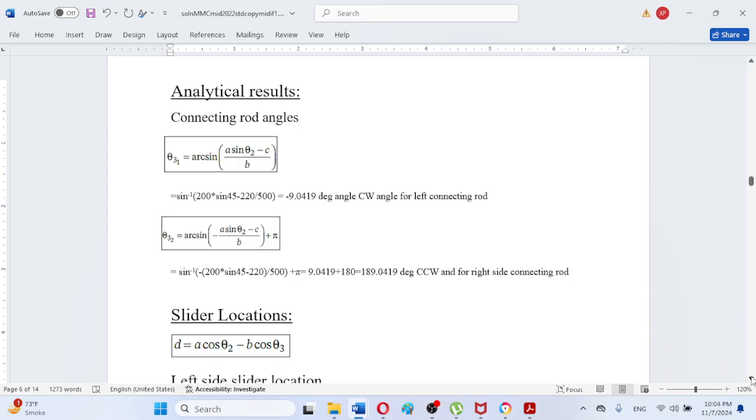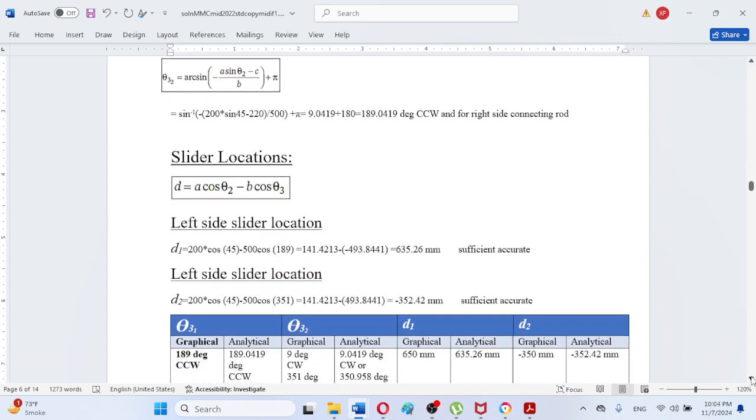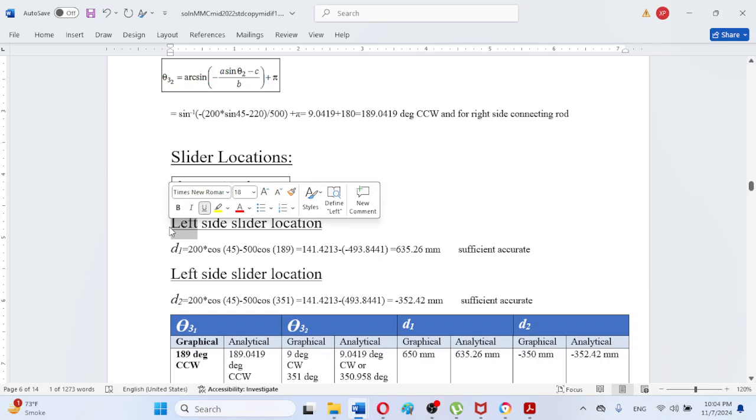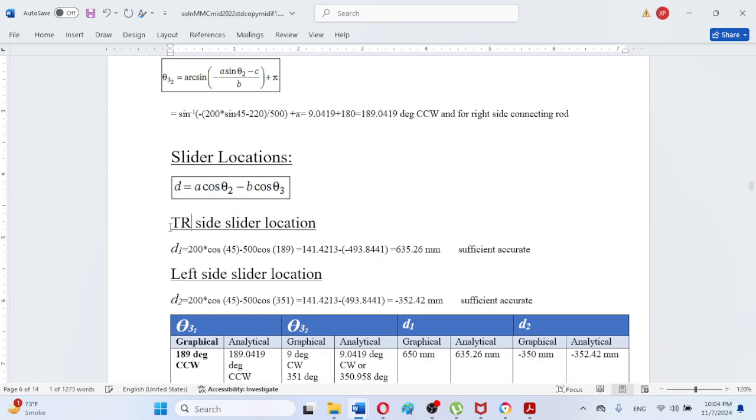So in this way, the slider location has also been computed, and the formula for the slider location is mentioned here. So we will be inputting the corresponding formulas. So the left hand slider location, sorry, this is mistyped here, must be right side slider